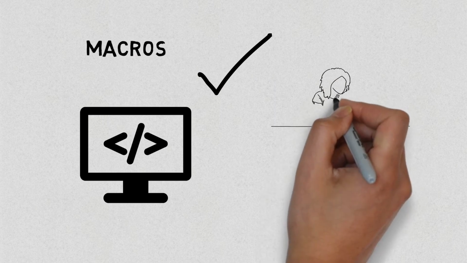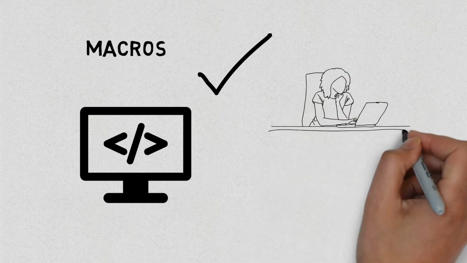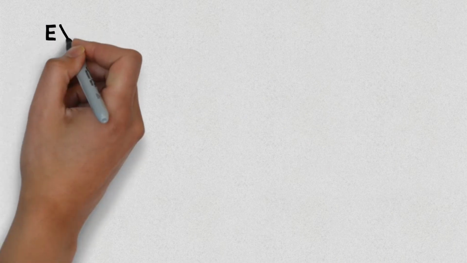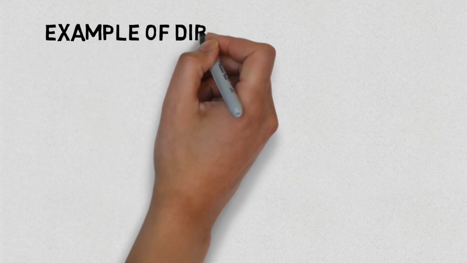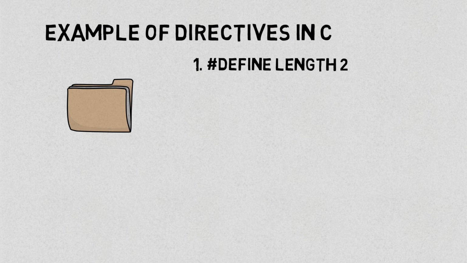Now let's have a look at the directives example. Like we have seen previously, we use some directives to include and to define macros. The first one is #define LENGTH 2. This directive tells GCC to replace instances of LENGTH with 2. Wherever we use length, instead of length we can use 2, and wherever 2 is mentioned you can understand that it is a length. Due to #define, you can rename long variables in your program and use them more efficiently.